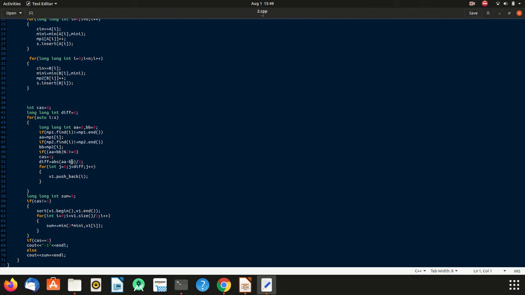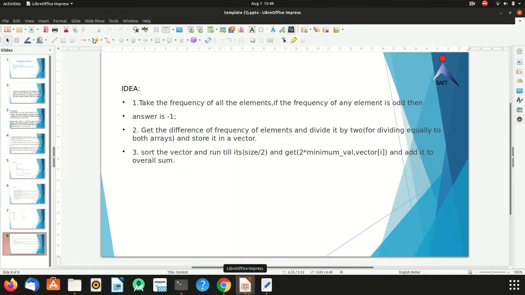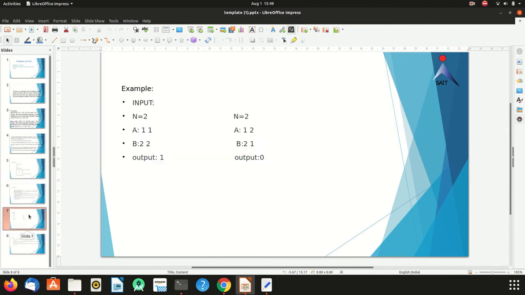Let's see an example with 1 and 2. The frequency of 1 is 2 in A, and the frequency of 2 in B is also 2. So the set will have the elements 1 and 2.